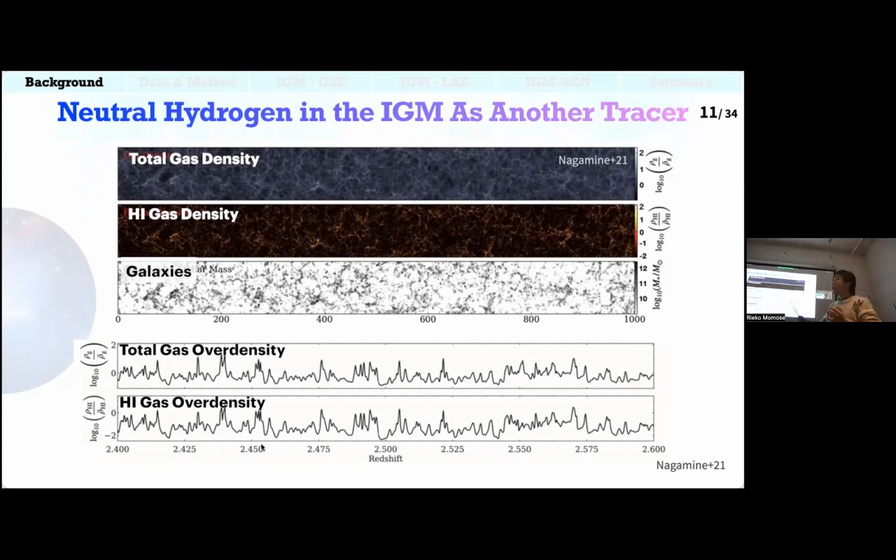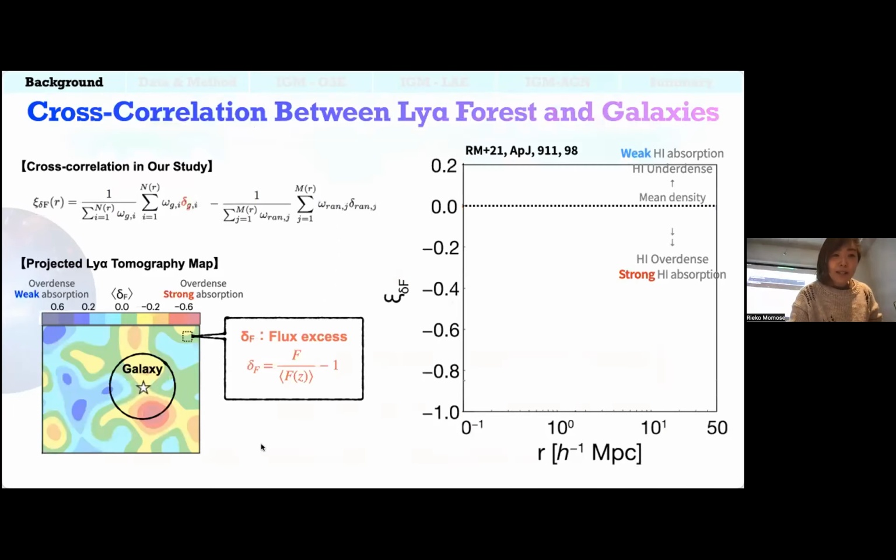So from this qualitative comparison, we show that the neutral hydrogen density seems to follow the total gas density as well as the matter density. And besides, the spatial correlation is also identified between galaxies and the neutral hydrogen density. So as a next step, we quantitatively assess the spatial correlation between galaxies and IGM, particularly the neutral hydrogen, with